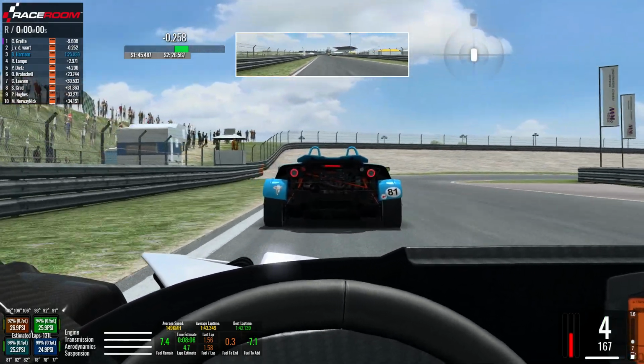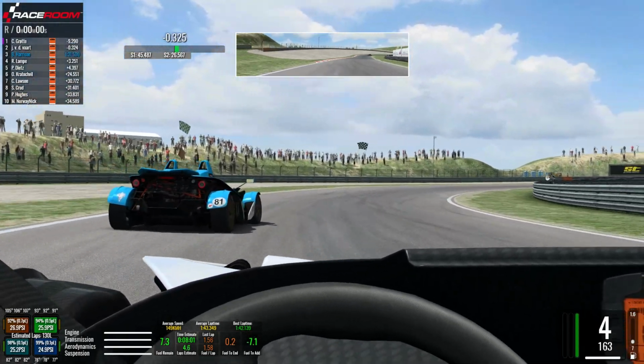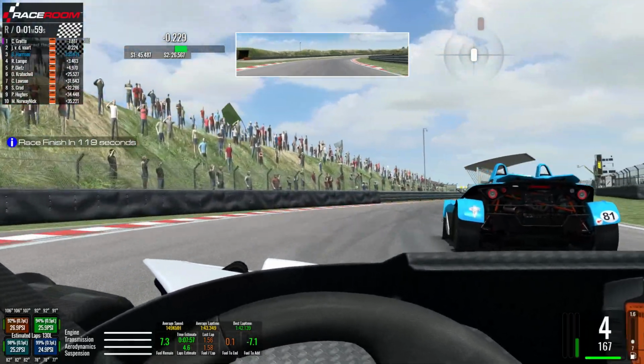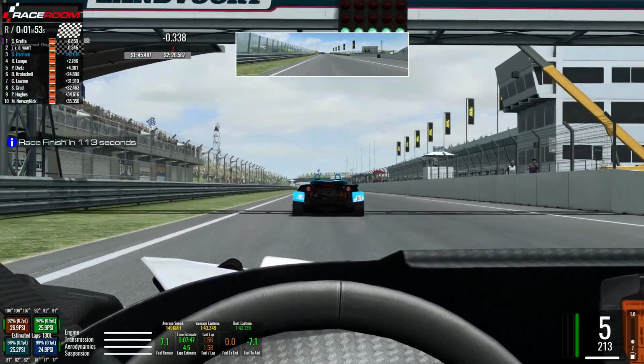It's looking like we're going to have to settle for third place and a podium in this opening race. It's just not going to be possible to get alongside, is it? Oh, look at that, he's blocked off the apex very nicely there. There's nowhere for us to go. We almost run wide as a result, and we come home then in third place, just less than half a